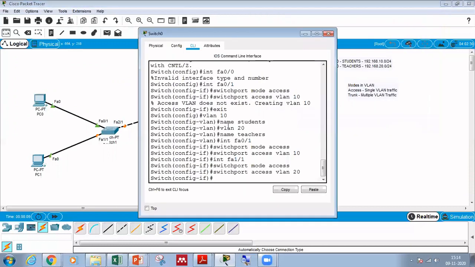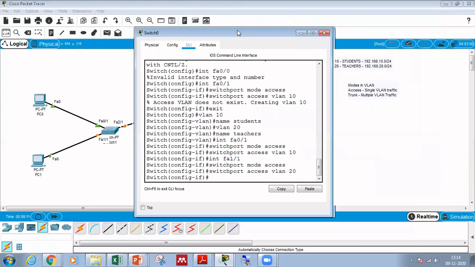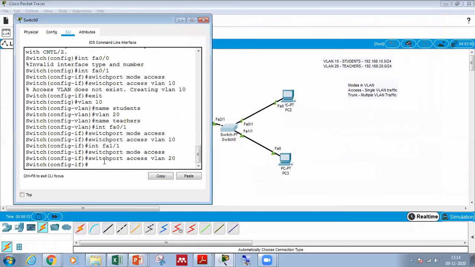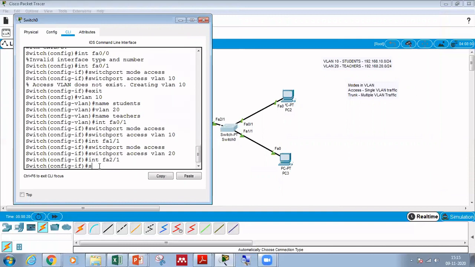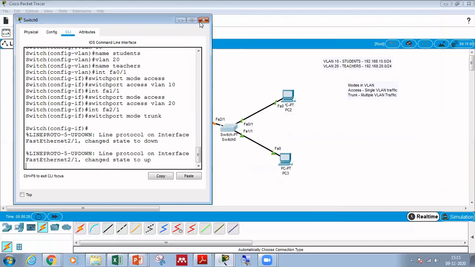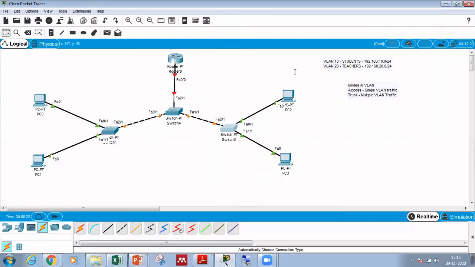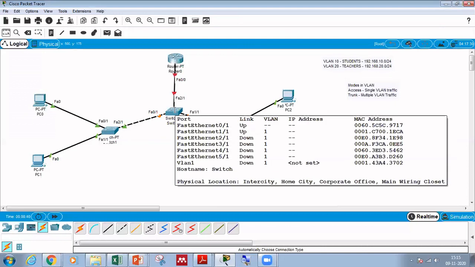Similarly on the other switch, interface FA2/1, switchport mode trunk. Now in this topology we have two VLANs. These two ports have been configured as access ports, and these two ports have been changed to trunk ports. Now come to the middle switch.